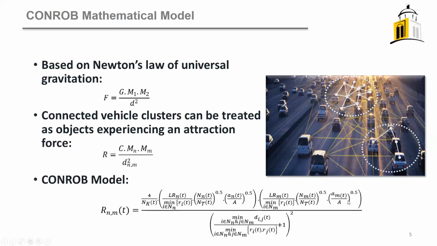Same thing applies to the second cluster, and this is all divided by the square of the minimum distance between the two clusters, normalized by the transmission range of the vehicles plus 1. So this is the measure that we are using as a performance measure to evaluate the communication stability and robustness